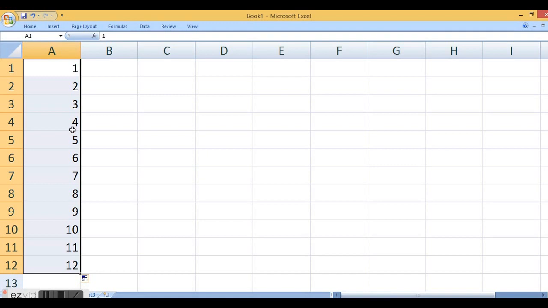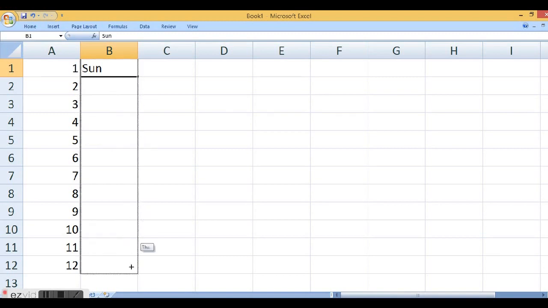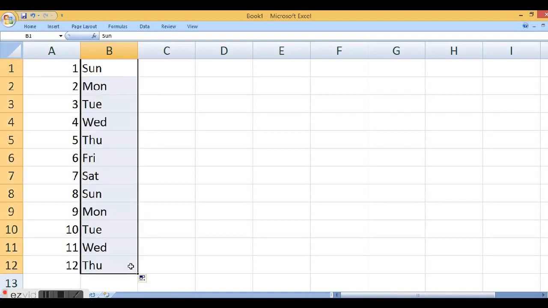It works not only with numbers, it also works with text. Say you want to enter Sunday, Monday, Tuesday. Now you entered Sunday, drag down, and Excel automatically understands what you entered. The fill handle understands what was entered inside the cell and finds the sequence. If a predefined sequence exists, it is going to enter that. That's what it has done.